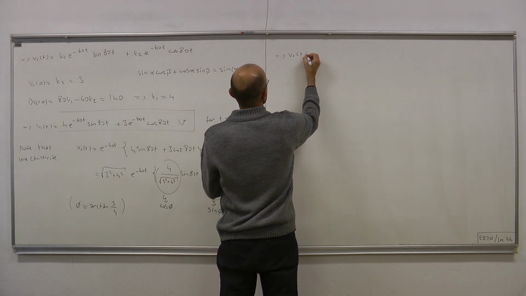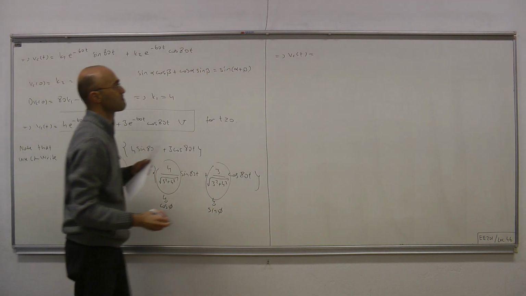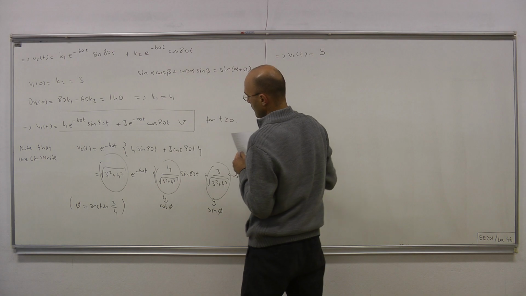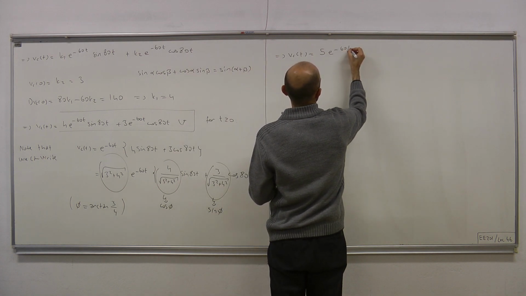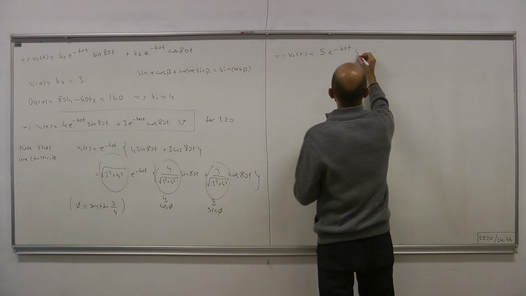VC(t) therefore equals 5 e to the minus 60t, and this sum can be written as a single sine,